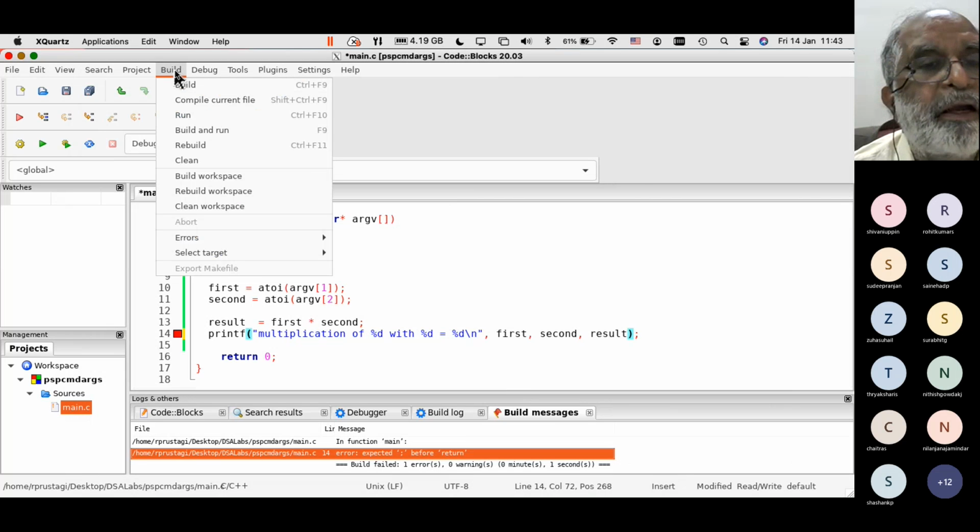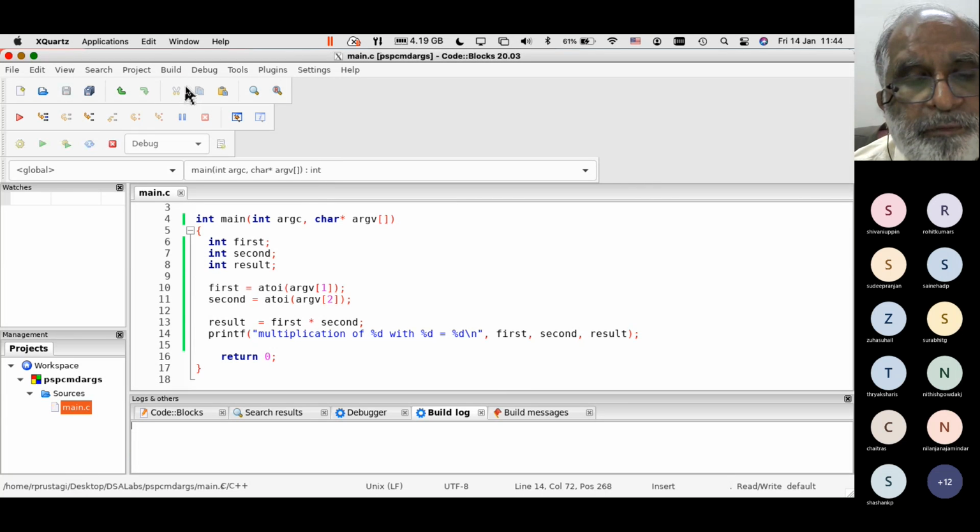Then you do a build again. Now build is successful. You run now. And now when you run this program, if I can make the window smaller so that you will be able to see.